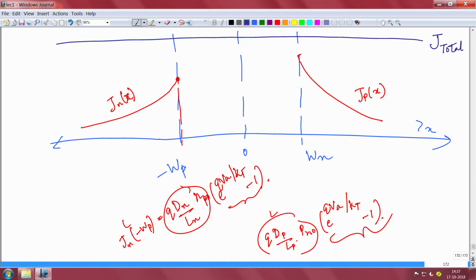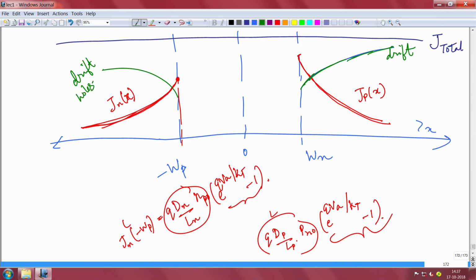The total current is constant, but the hole diffusion current on the n side is decreasing like this, the electron diffusion current on the p side is going like this. So, the respective drift current will be such that, will be how? The respective drift current will be something like that, okay. Let me use a different color maybe. The respective hole current, the drift current, this is the drift current of majority electron and this is the drift current of majority holes here, drift of majority holes. I told you there is a small field in the quasi neutral region, this is drift of majority electrons on the quasi neutral region. So, the addition of this plus this plus this will make sure that the total current is constant.